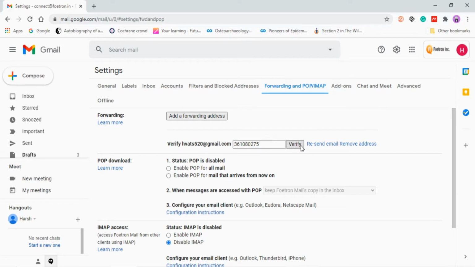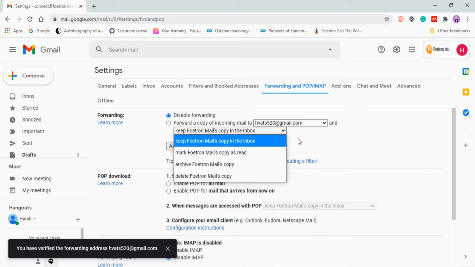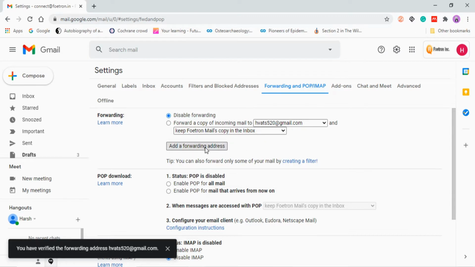After that, click on Verify. When you click on Verify, you will see you have verified your forwarding address harshwats520@gmail.com, and you can keep the Fortran mail copy in the inbox, or if you do not want, you can do anything as per your desire. So you can disable forwarding or you can enable it.